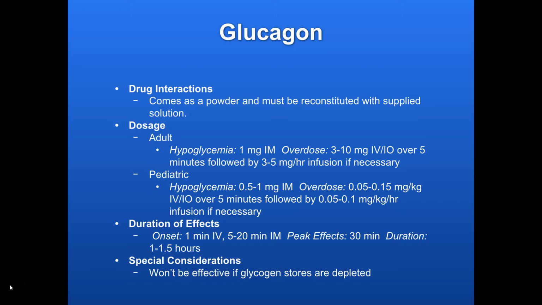Adult dosing for hypoglycemia is 1 milligram IM, so putting it in the muscle, because we're giving this only when we can't get an IV. For overdose, like beta or calcium channel blocker overdose, we're going to give 3 to 10 milligrams IV or IO over 5 minutes, followed by a 3 to 5 milligram per hour infusion if you need it. So the dose for that is a lot higher, and